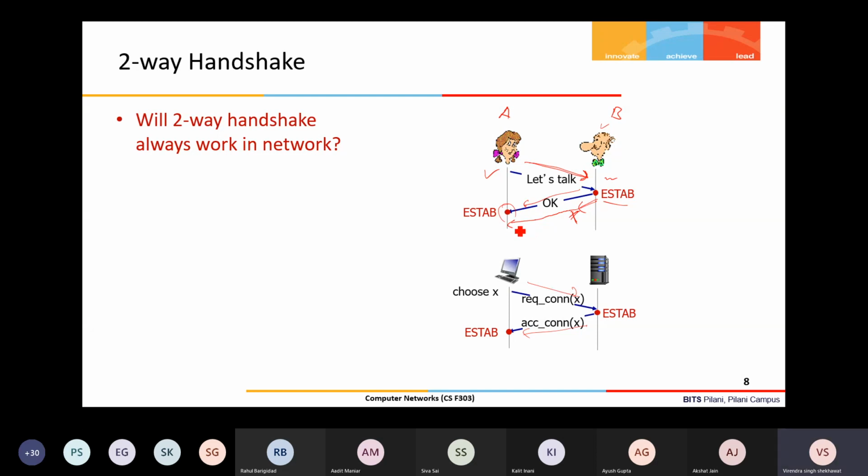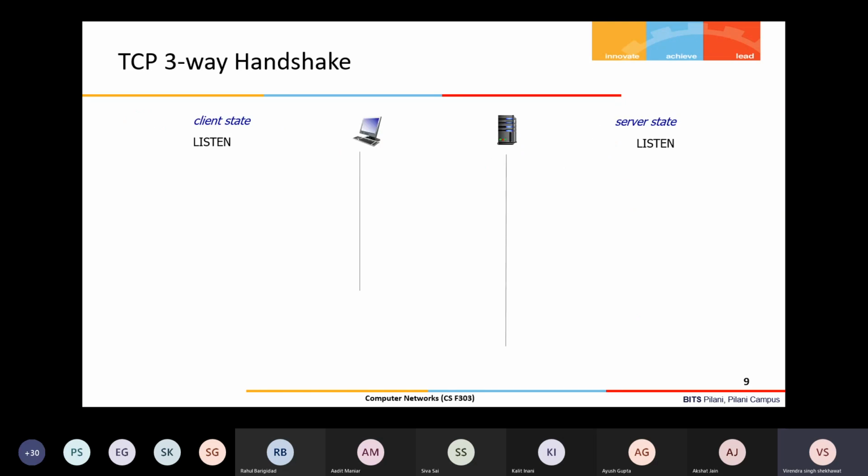So if one more message is received from A, that can give the guarantee that whatever B has sent is received by A. Now both parties know, it is guaranteed that both have received sufficient communication to know that some data transfer is going on between both of us, right? So that's why two-way handshaking is not enough. We require three-way handshaking.